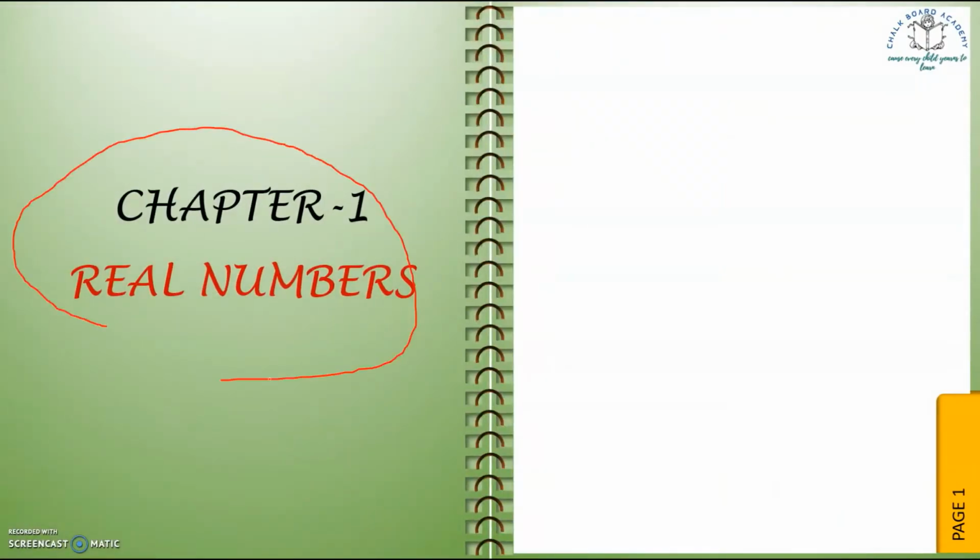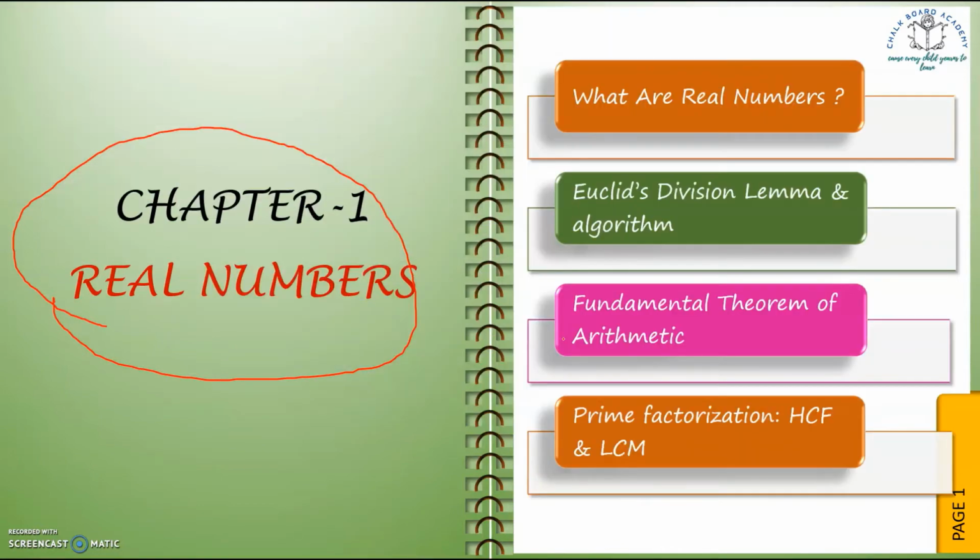So this is the last installment of this chapter, in which first we will discuss what we have done earlier, a quick review of those things, and thereafter we will be doing today's part. The very first topic we discussed was real numbers, the types of real numbers and the subsets of real numbers. Thereafter, we did Euclid's division lemma, and based on that, we found the way to find the HCF. Then we did the fundamental theorem of arithmetic, under which we covered composite numbers, and then prime factorization, a method to find the HCF and LCM of different numbers.